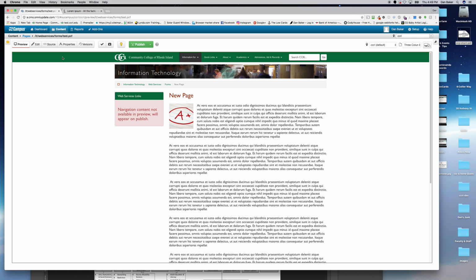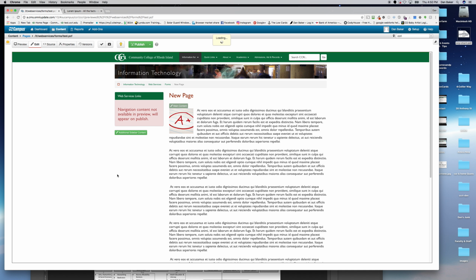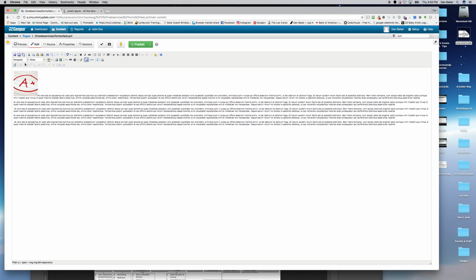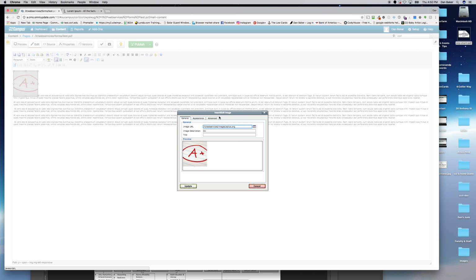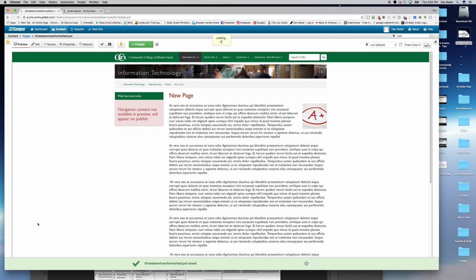Now we could also hit, let's get back there, edit, and content. We can also hit float image right. I'm going to highlight the image. Go back to my image icon, Appearance, float image right. Update, save. And now you can see it's doing the same thing except floating over to the right. And then when I resize,